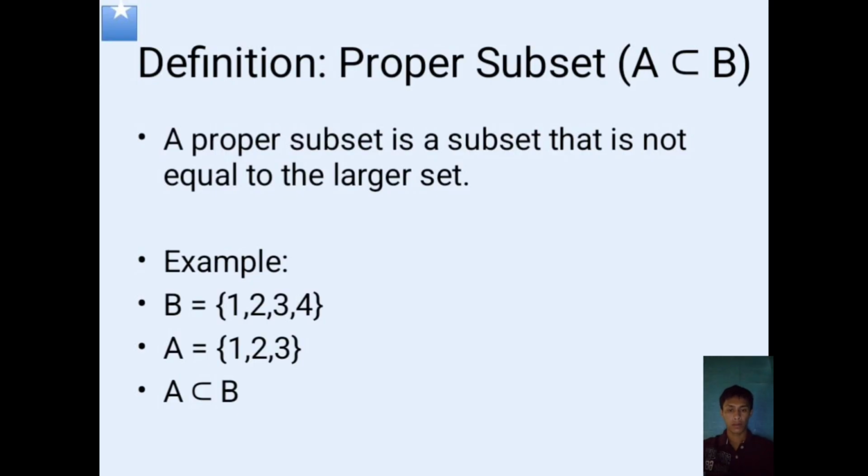So A is a proper subset of B nga naman. Kay by definition, we can say that the set is a subset of a certain set if the present elements on that set is also present in the other set. But makaingon rata nga proper subset siya basta mas dako ang isa ka set or mas daghan siya og elements. So if we try to look at the example, we can say that it is a proper